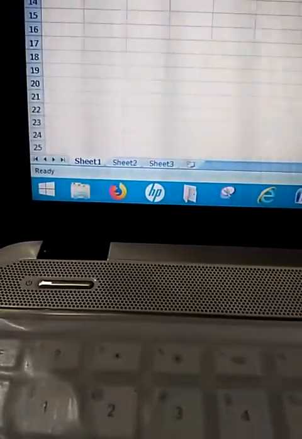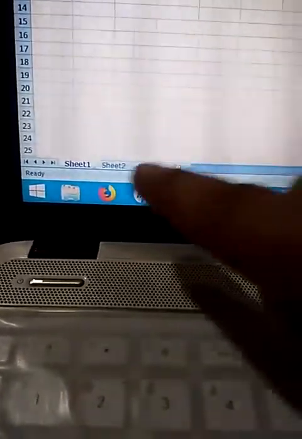And then we have another scroll bar showing here. This scroll bar is for left and right movement, and the right vertical scroll bar is used for moving your sheets up and down. Then, this is your sheet 1, sheet 2, sheet 3.